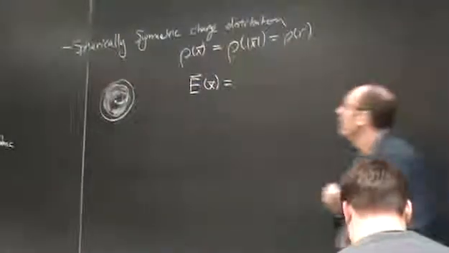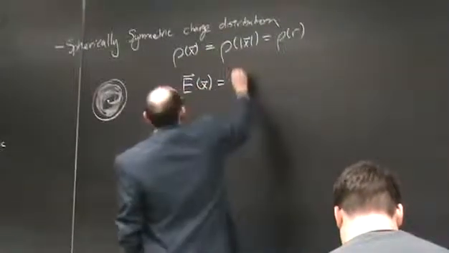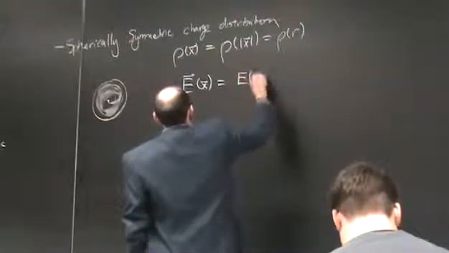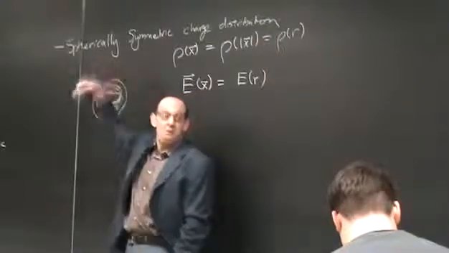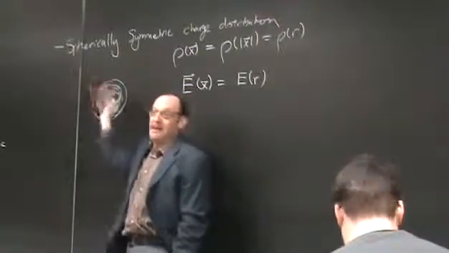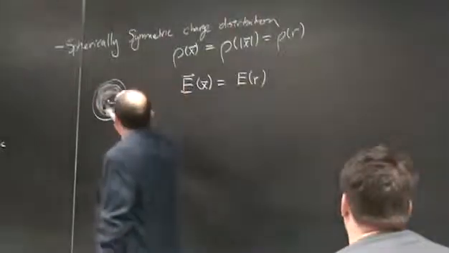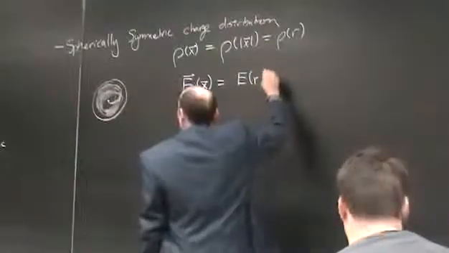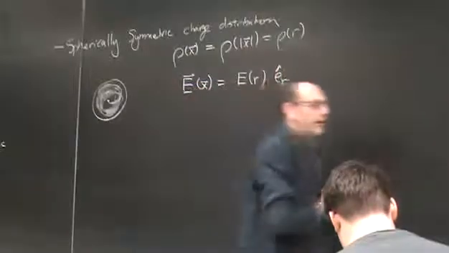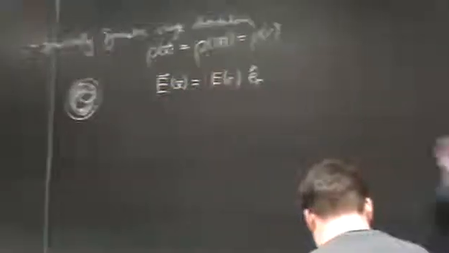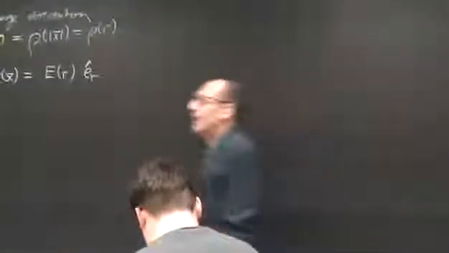We know, first of all, that the magnitude of E can only depend on r. It cannot depend on theta and phi, because how would it know where I am in theta and phi? It's spherically symmetric. It can't possibly depend on that. Moreover, we know that the fields extend away from the charges, so it must also be in the E sub r direction. So immediately from symmetry, we know that. And thus,